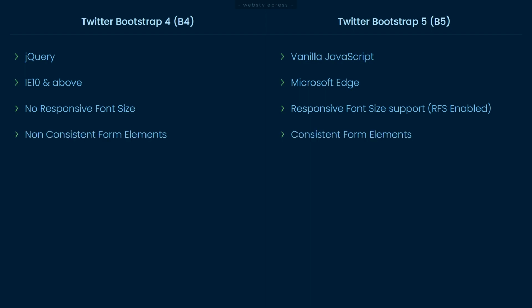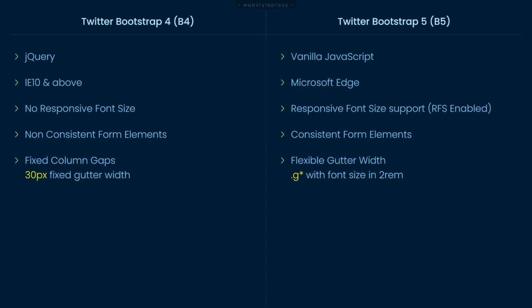Some form elements like radio buttons, drop downs, switches, and checkboxes looked different on different operating systems and web browsers using Bootstrap 4. In Bootstrap 5, all form elements have consistent looks in all operating systems and all major web browsers. Also, Bootstrap 5 added support for floating labels for text input fields. If you start typing in an input field, it pushes the input label upwards.